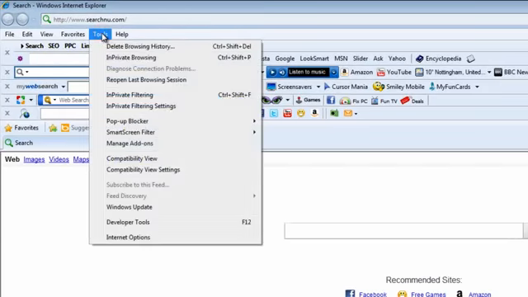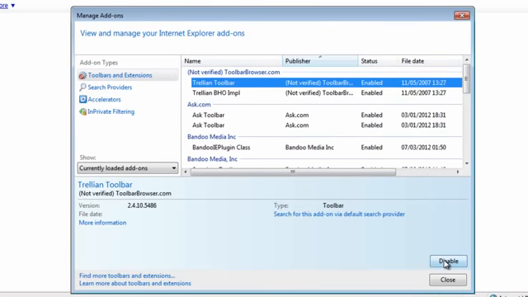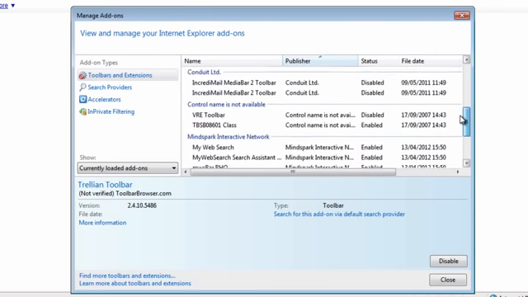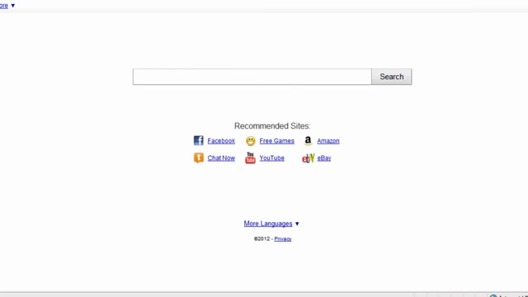So we've got options here to go to Tools and Manage Add-ons, and you can go to Toolbars and Extensions here and actually disable them. But I want to get them off the system completely, all the registry keys, all the files, everything else. I just want to remove everything from the system, and sometimes this doesn't really cut the mustard. So let's have a look at